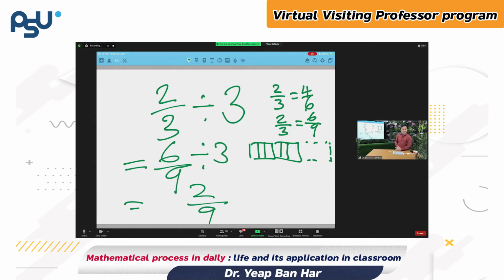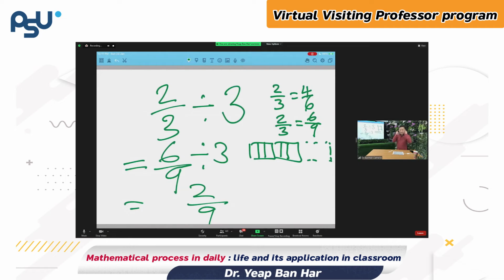And this is today's topic, isn't it? How to make students use mathematical processes that they also use in their everyday life. In this example, I am thinking. If I want to be more precise, I am visualizing. I am solving a problem. I have a problem. 2 is not a nice number. 2 divided by 3, so it's a problem for me. How to change the 2? How to cut the 2 pieces into a nice number to divide by 3.